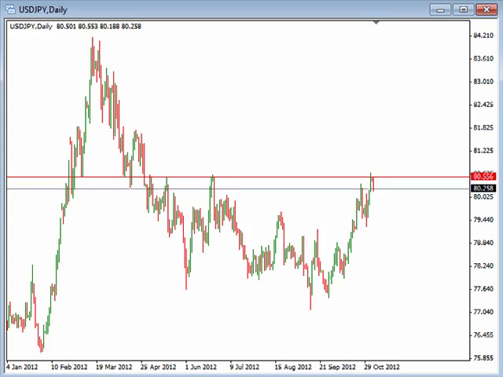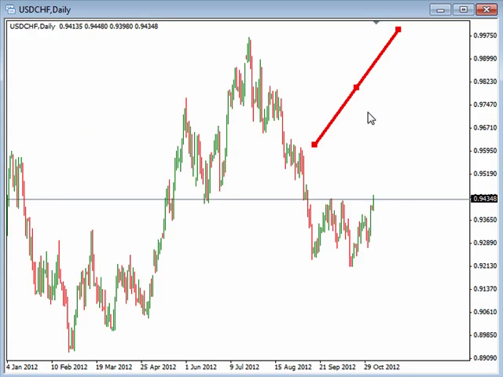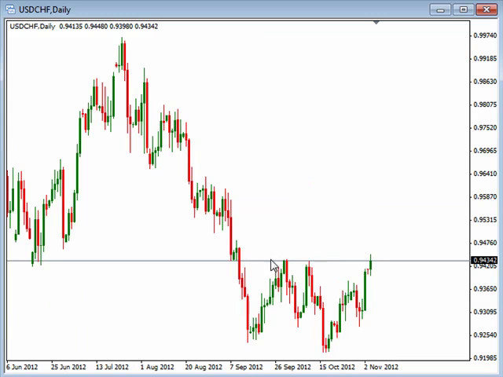And last but not least, the US Swiss Franc. Blow this up just a hair more, and we can see the sideways movement here. We'll see if we get a break up above that. Could have kind of a triple bottom, inverse head and shoulders, whatever we want to call it, on a move up from here.